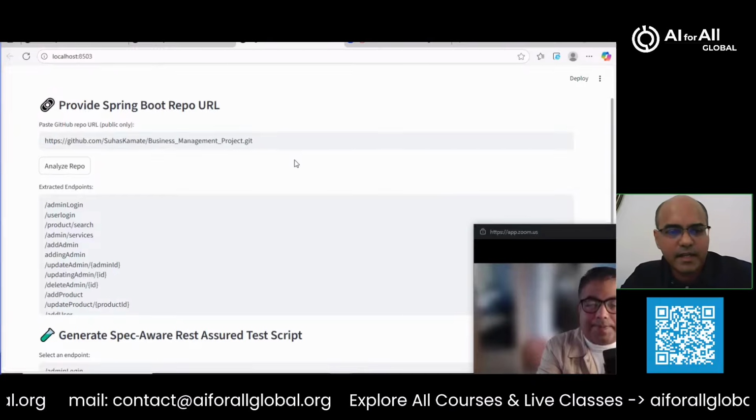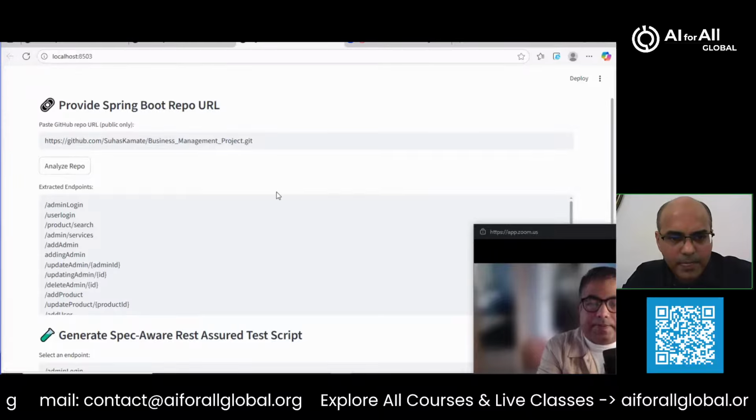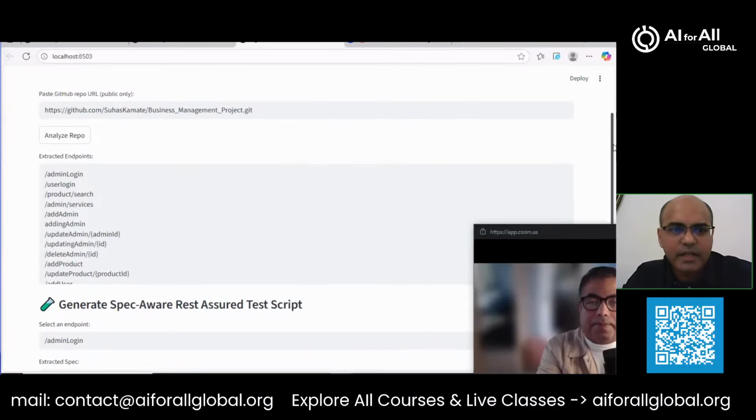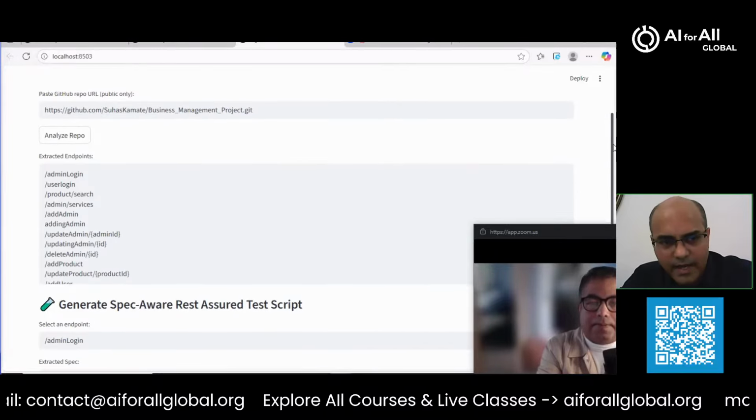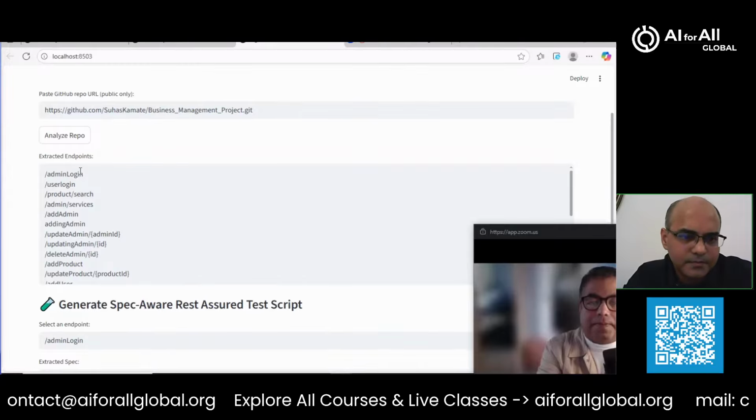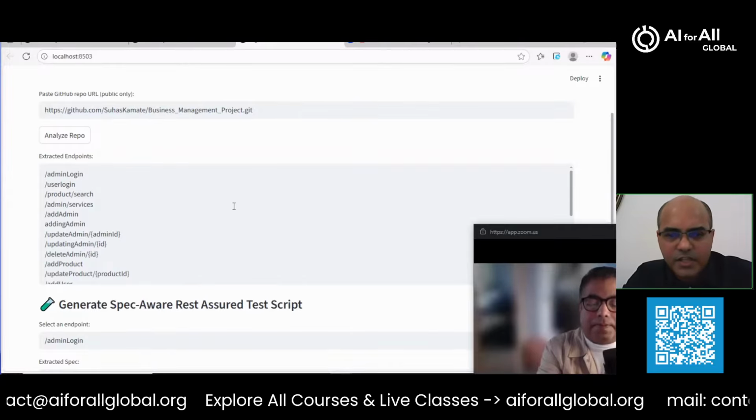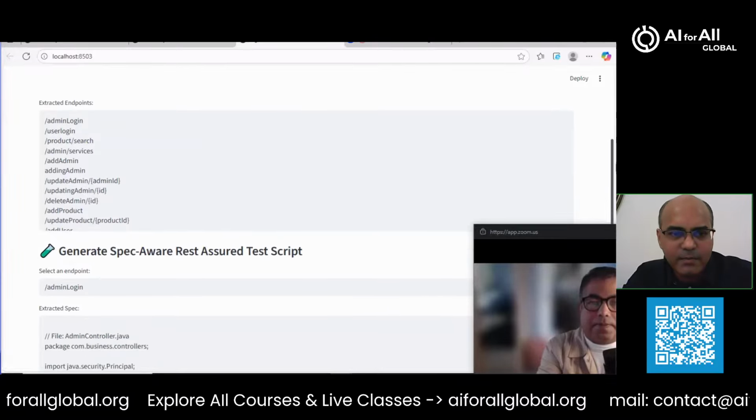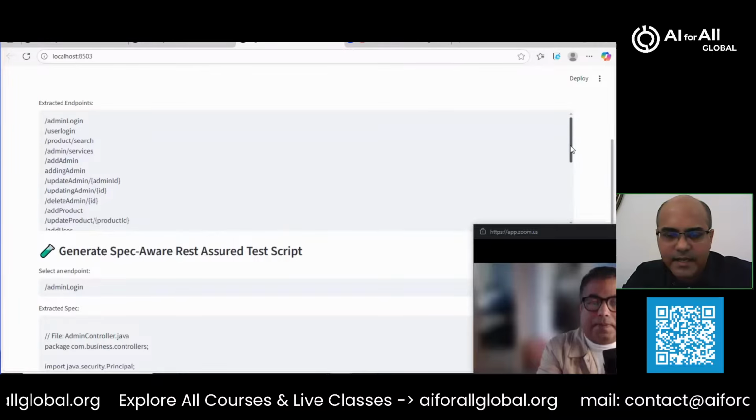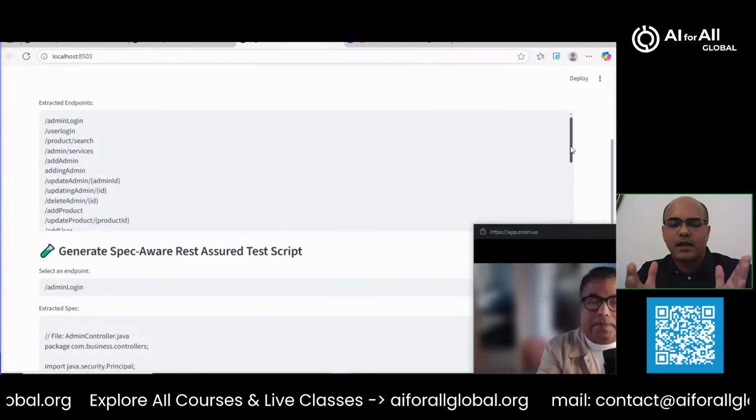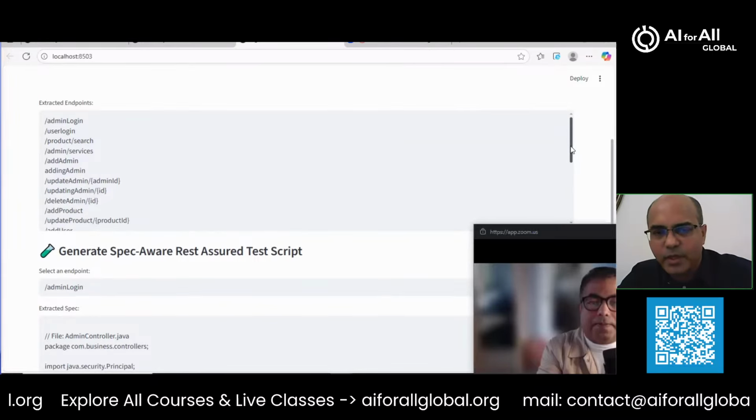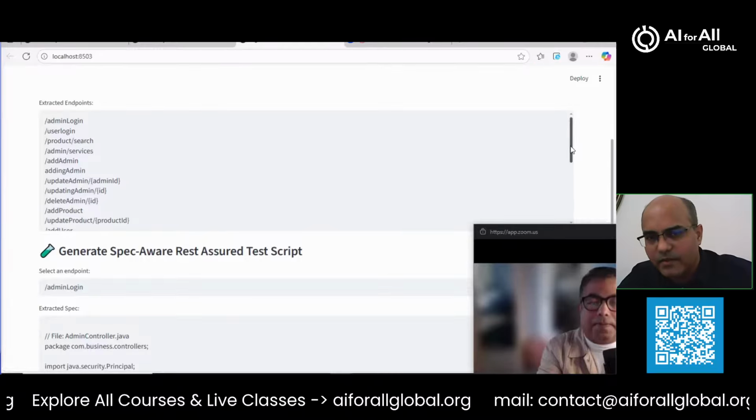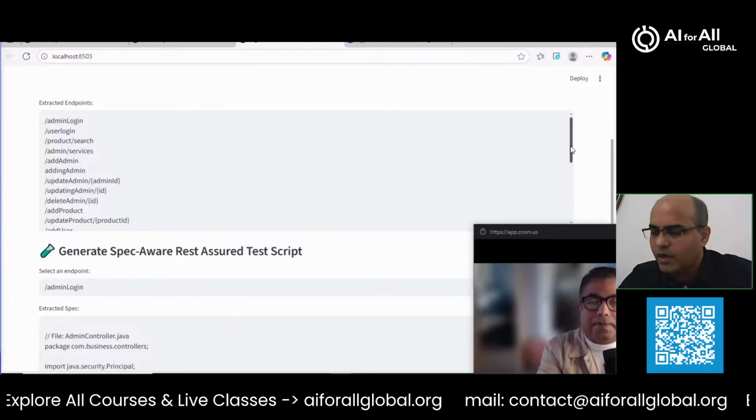So when I provided it, this is what it did: it actually cloned. AI is able to clone and is able to actually give me the entire structure of the endpoints here. And once I'm able to get these endpoints, I can basically select any endpoint. Now, regression suite is one of the biggest challenges when it comes to brownfield projects. So what happens is that